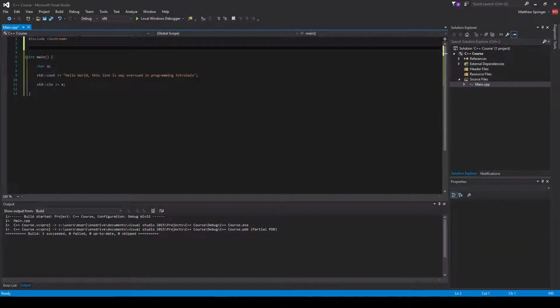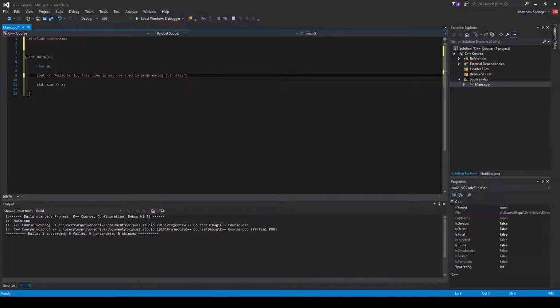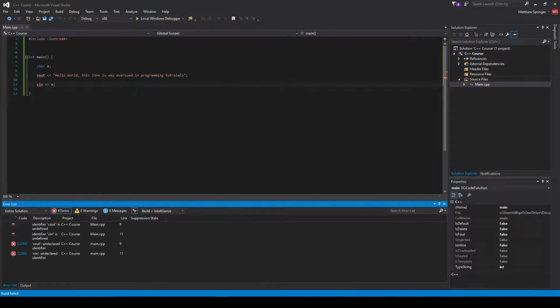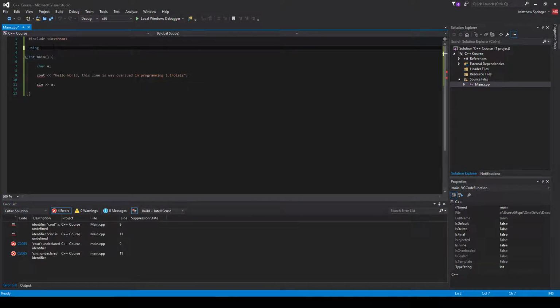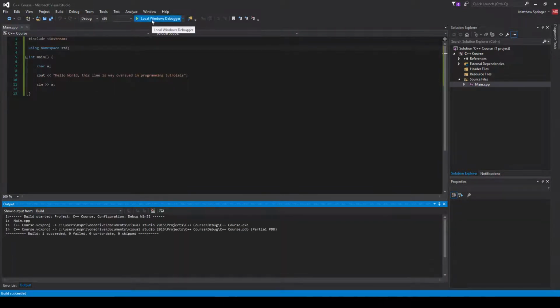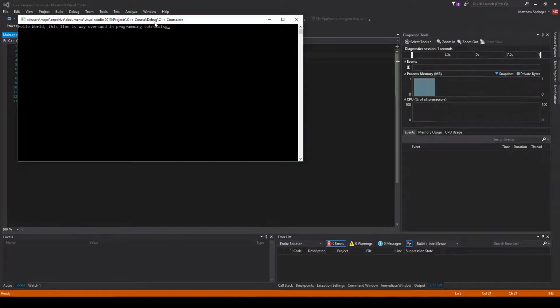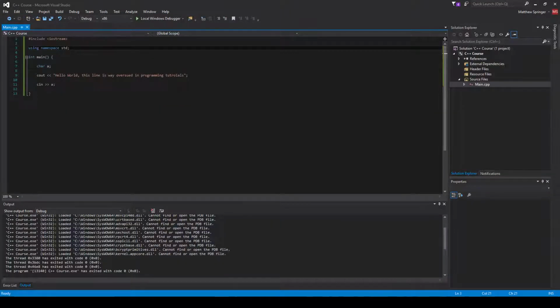So now let's try getting rid of this and building it. Oh, doesn't work. Well, standard. There we go. Build. And there you go, it runs. It finally ran. Okay, so yeah, I think we get it at this point. You need both these things, so you can just write it like this and stuff like that, and now it